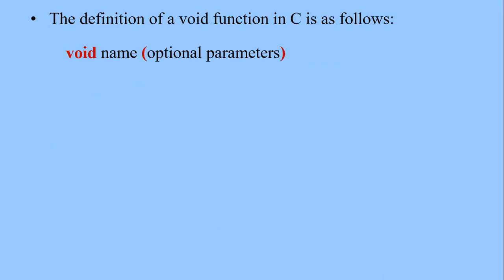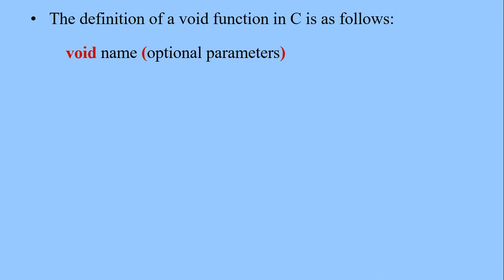For example, void inputting followed by optional parameters. But in our case, let's use name as our void function. So we can define a void function in C as follows: void followed by the name of our function,